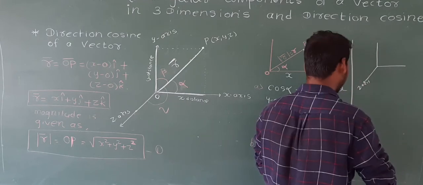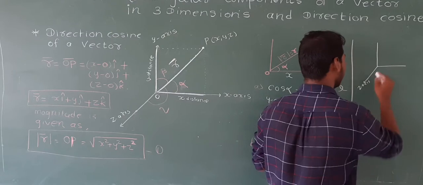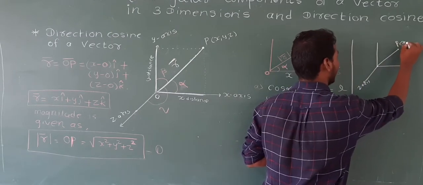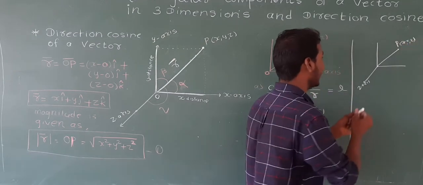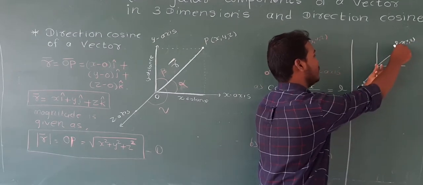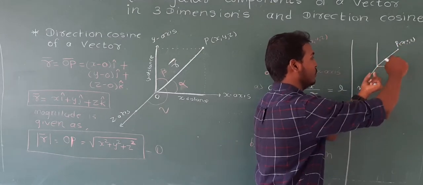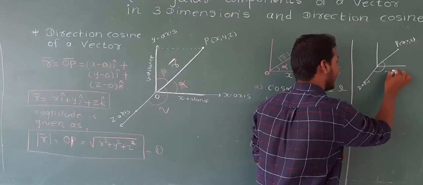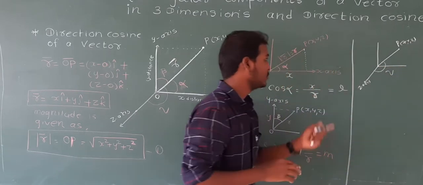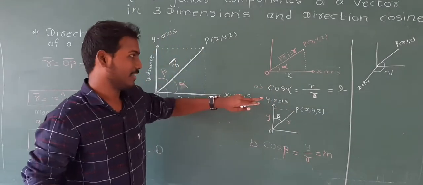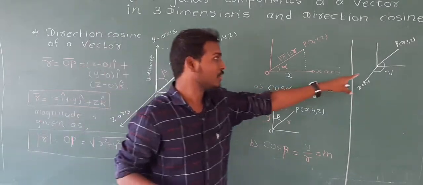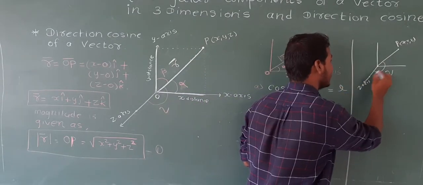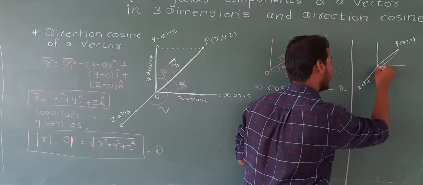So the angle was here. Actually, the point P we are drawing here with x, y, z, but actually point P is here, you know that. This point P is like this, here we have this point, so the angle is like this. So this is our angle gamma. Now we have drawn the geometry, but here you have to analyze it yourself. Let's say this is this much distance, so it's like this.